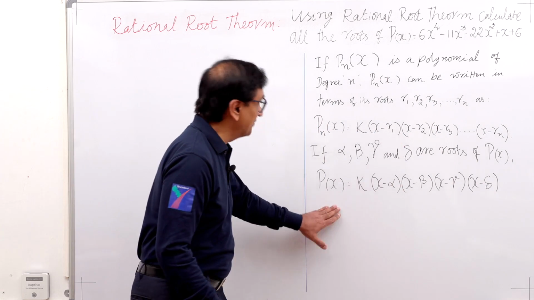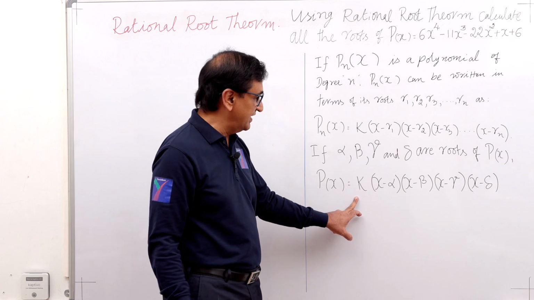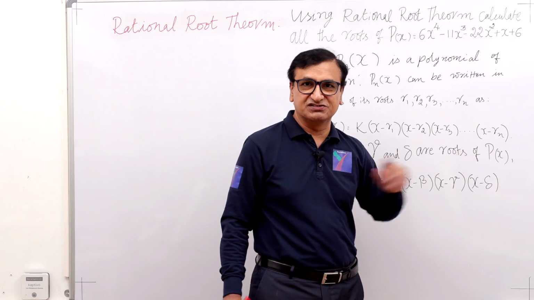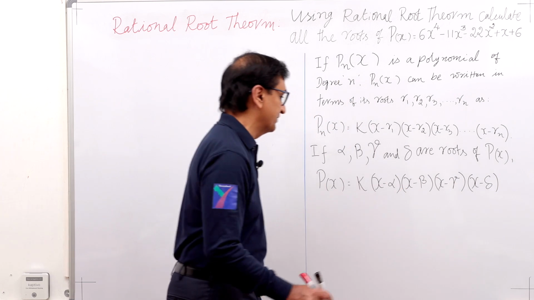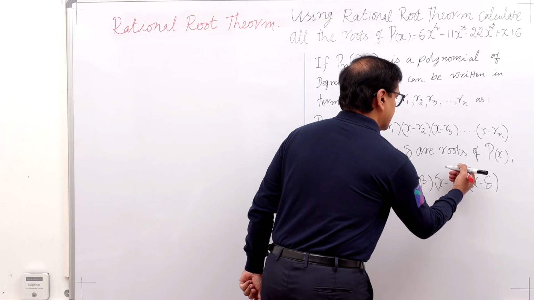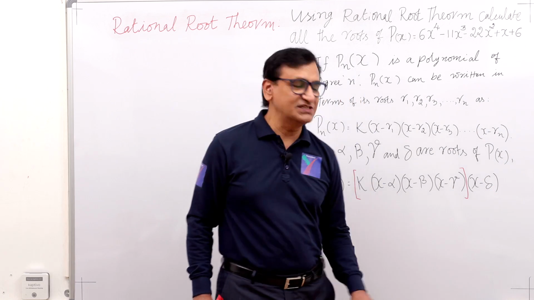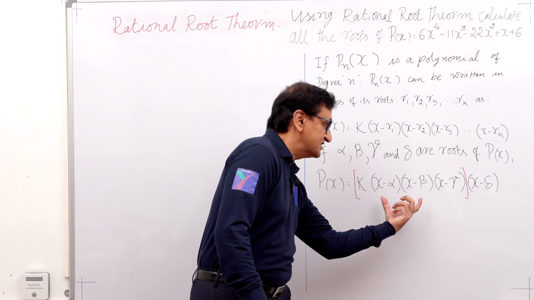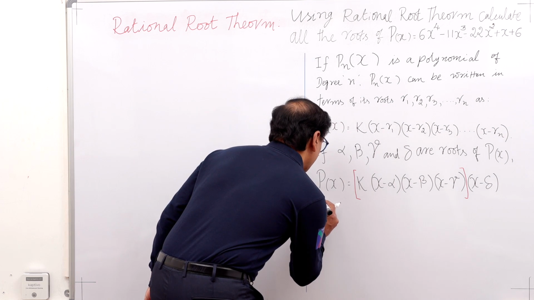Okay, so our polynomial P of x can be written as k multiplied by x minus alpha, x minus beta, x minus gamma and x minus delta, where alpha, beta, gamma and delta are the roots of this polynomial. Let me put a bracket here. Suppose we know the value of delta, that is, we know x minus delta, then the polynomial in the bracket can be written as follows. Therefore,